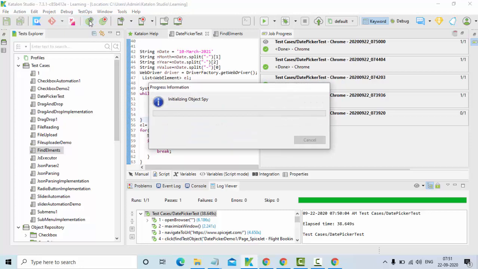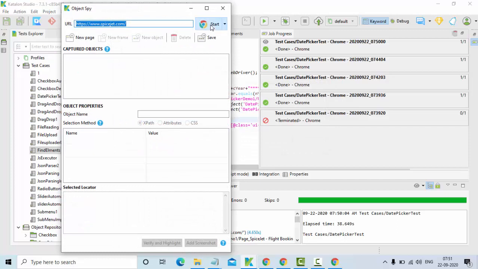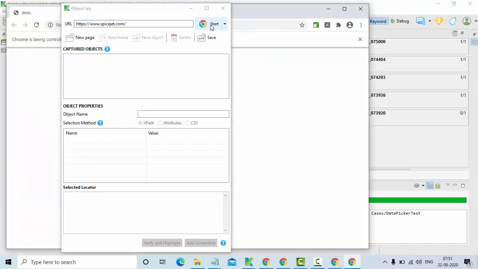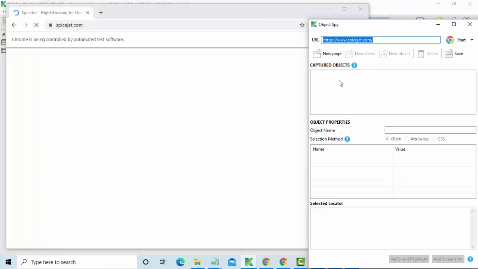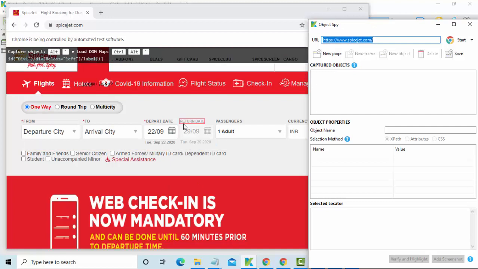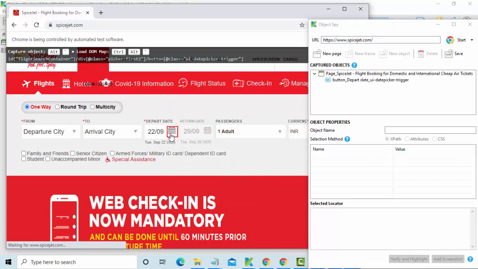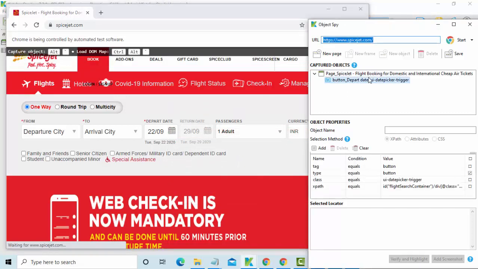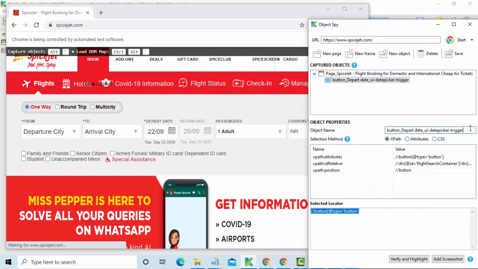SpiceJet, click on start. It is invoking the Chrome browser in the backend. Now you could see I have selected the date picker. Let's keep it as date picker.